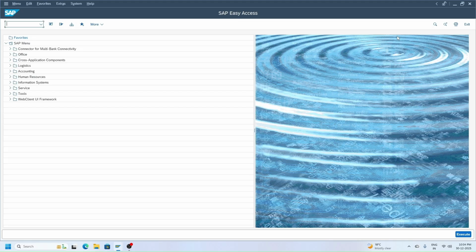Today we will learn the hands-on part of ledger configuration. So let's start step by step. First, we define settings for ledger and currency type. T code is FINSC_LEDGER and path is SPRO